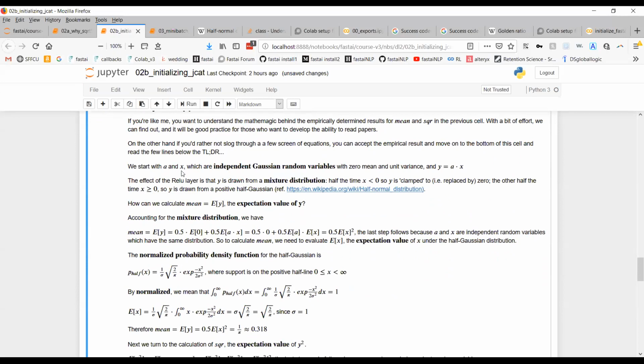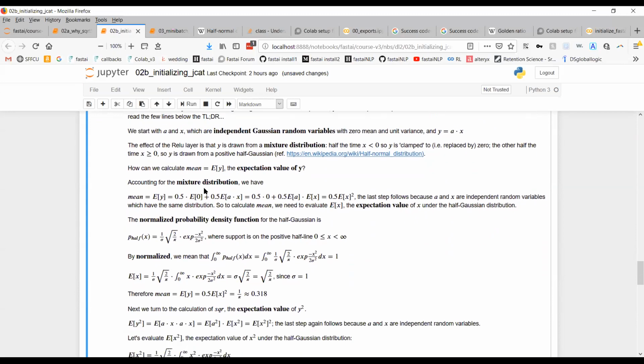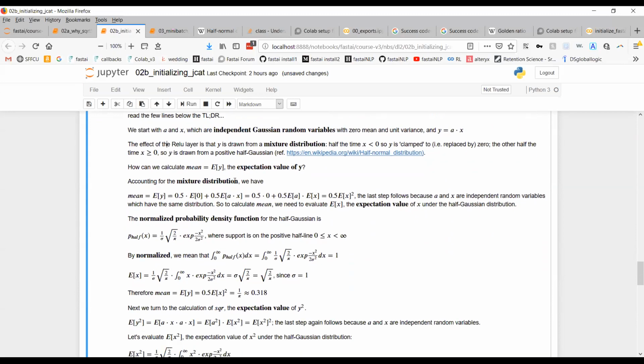So we start with A and X, which are independent Gaussian random variables. That means they're drawn from a normal distribution with zero mean and unit variance. And then Y is defined to be the product. Now the effect of the Rayleigh layer, when you apply the Rayleigh to Y, what you're doing is you're